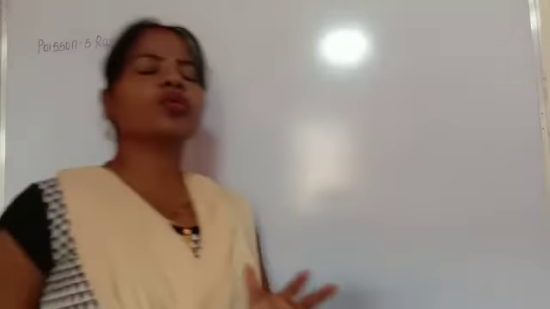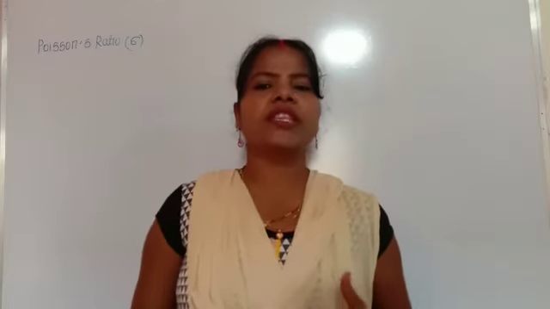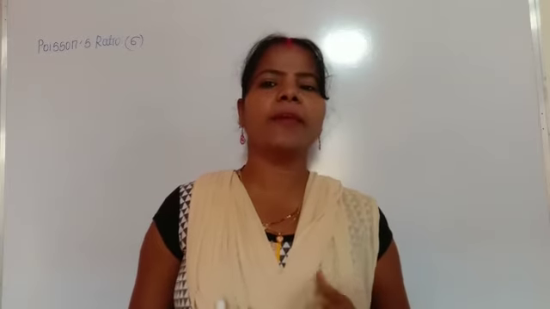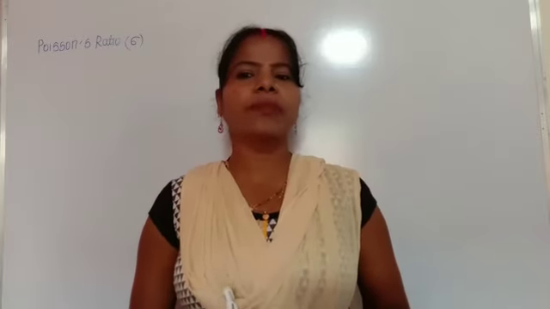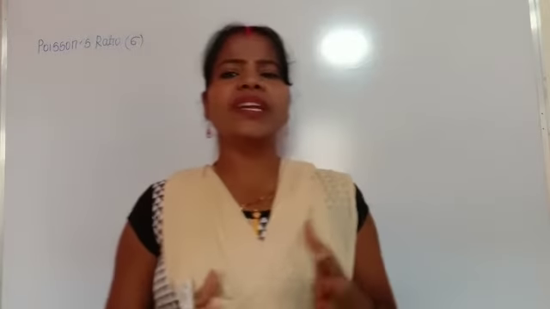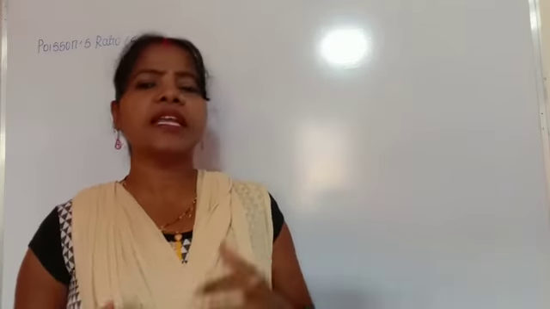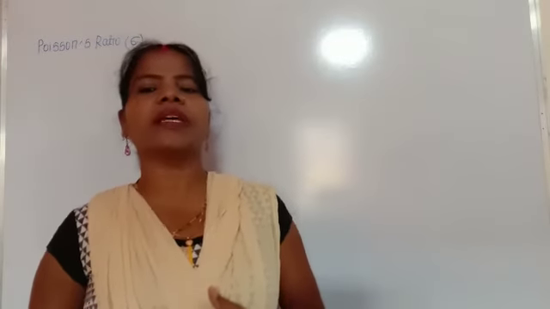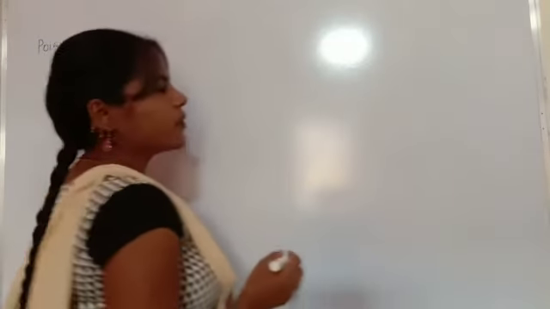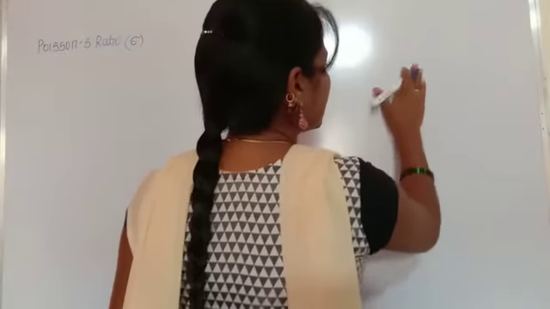Before starting this topic, we have to know some definitions. When a body is stretched in the direction of its length by applying two equal and opposite forces at the ends of its length, what happens? There is a contraction of the transverse section of the body. That means there is a decrease in length per unit length of the transverse segment. It is called the lateral contraction. That means when we apply, this is one type of body.